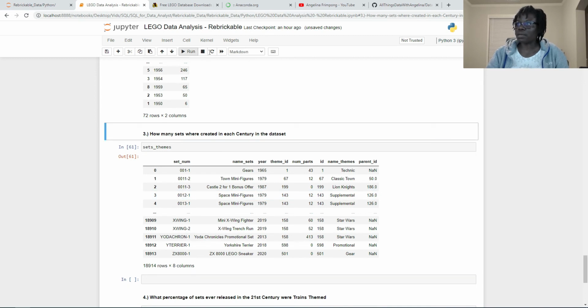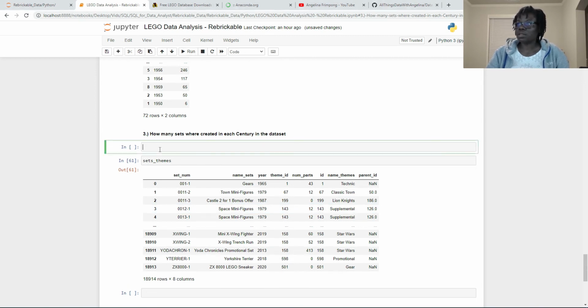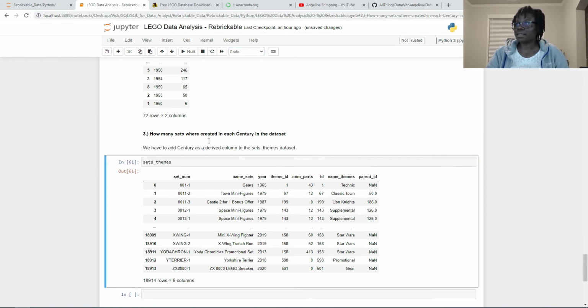So you know what, let me create a comment. Let me change the cell to Markdown, and I want to say that we have to add a century as a derived column to this set themes dataset. Now this is a mouthful. Okay, so let me see only the unique year